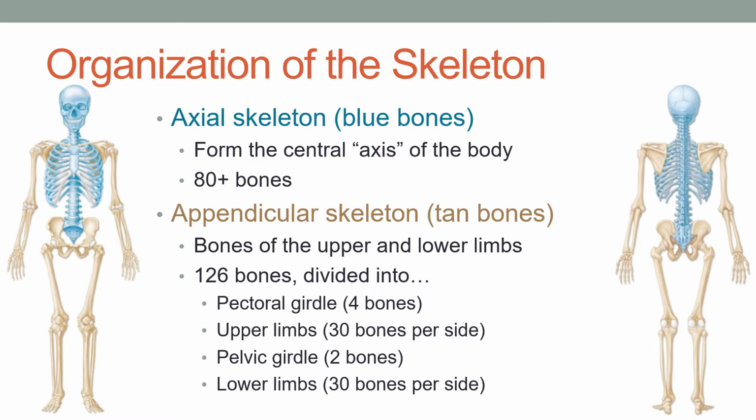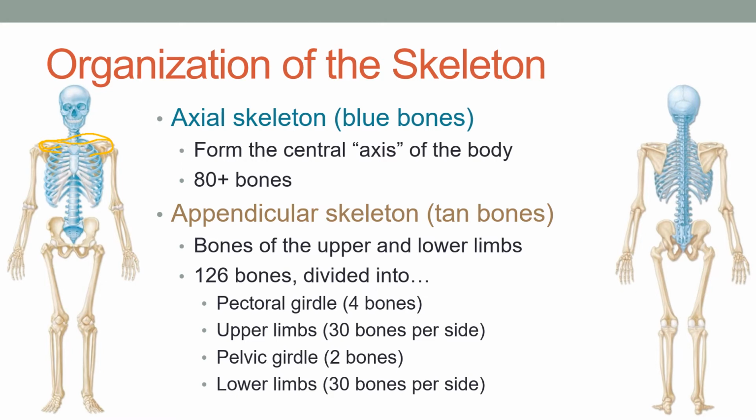So the bones of the upper and lower limbs, plus the girdles that connect them to the body. What's a girdle? Well, you've probably heard of a girdle in terms of clothing. It's something that wraps around your body and often is used on women as a sort of torture device to make them feel uncomfortable. But if you imagine these sets of bones wrapping around the body here,